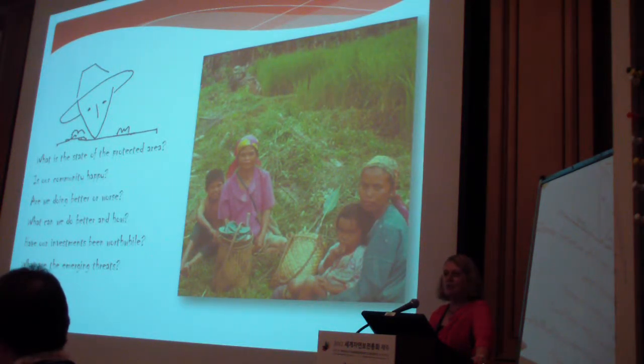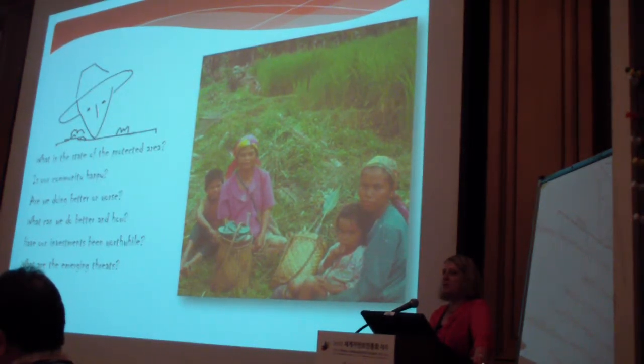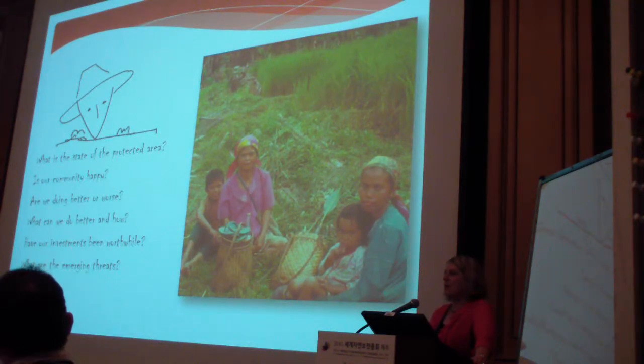But it's amazing when we start to look at our protected area systems, how many park managers can't tell you whether the park is better off now than it was 5 years ago. If you don't know that, you really don't know very much about the protected area. And a key one, I guess, for the donors is that question about, have our investments been worthwhile? So, for example, the Global Environment Fund insists that any of their projects have a management effectiveness tracking tool done at the beginning, at the mid-stage and at the end of the project to give them some indication as to